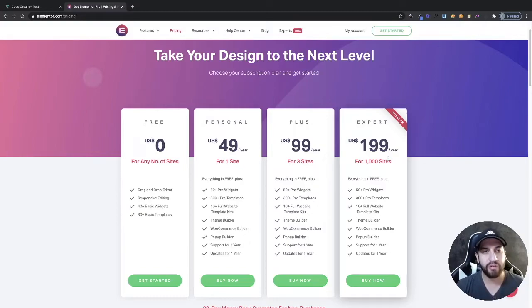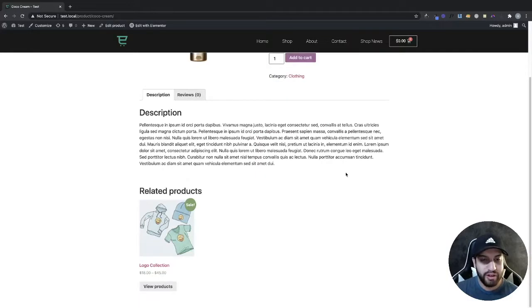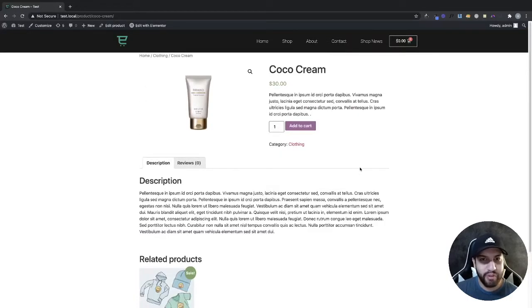Now, without further ado, let's go ahead and create this product page. So let's begin. Now we're going to be customizing this product page here. As you can tell, it doesn't look very great. It's very simple. So the first thing that we need to do is head over to our dashboard